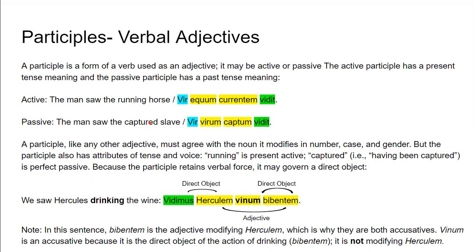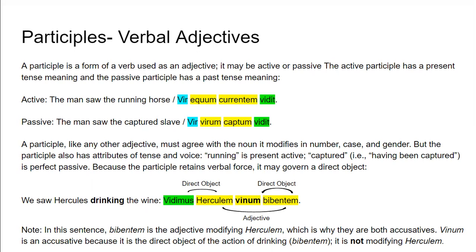Actually, this is translated incorrectly. It should be servum, if we're going to have this slave. So then the man saw another man, captum, having been captured. So the man that he saw received the action of being captured prior to seeing him. So the man saw a man, and that man was captured, and he was captured before that first man saw